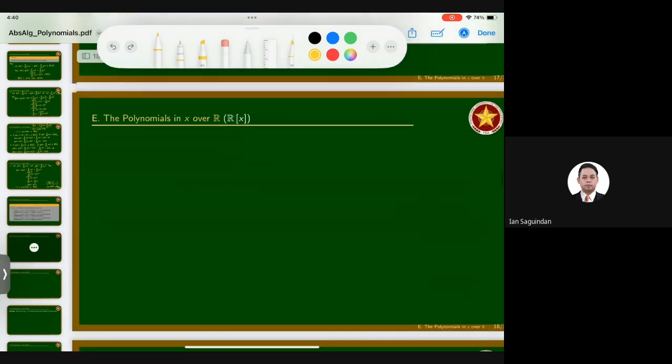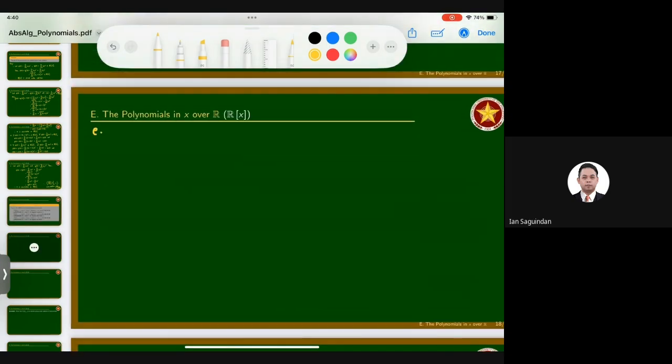Okay, so for example, we have the polynomial negative 3 plus 4x plus negative 3x to the cube plus 7x to the fourth. So in the general sense, this is a polynomial of degree 4. Okay? So we can emphasize further that it should belong in this set. It is a quartic polynomial.